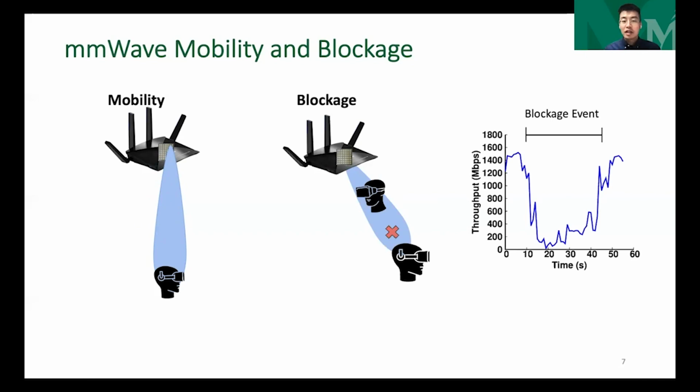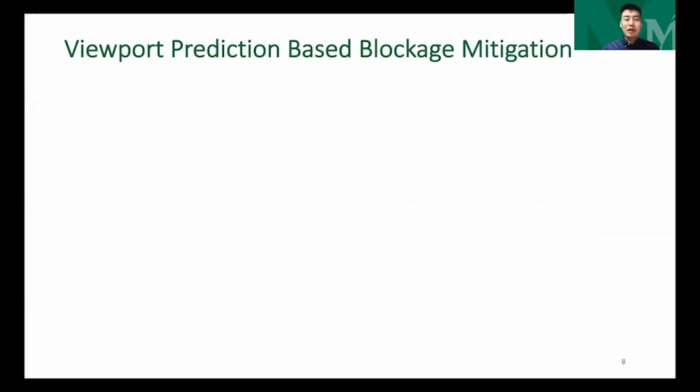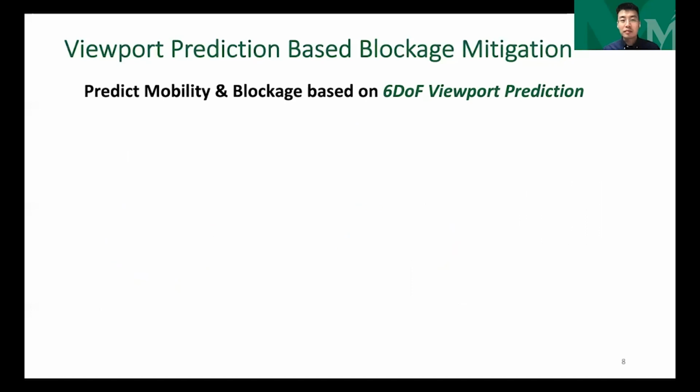As shown in this figure, the throughput significantly drops because of this blockage event. To solve this blockage and the mobility problem, we propose to use the 6DOF viewport prediction information from the application layer. In viewport adapted volumetric video streaming, users need to predict the 6DOF information for a short interval. So we can utilize this prediction process to predict the location and orientation of users to infer mobility and blockage